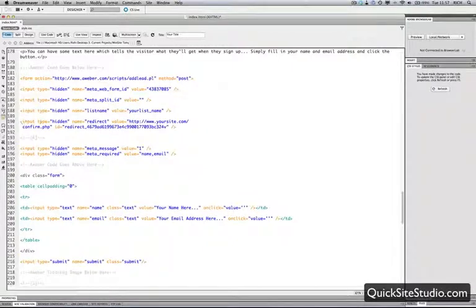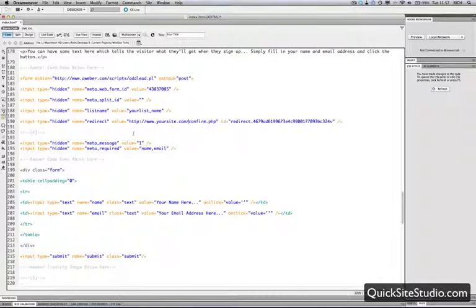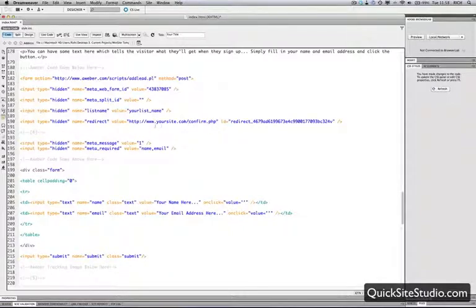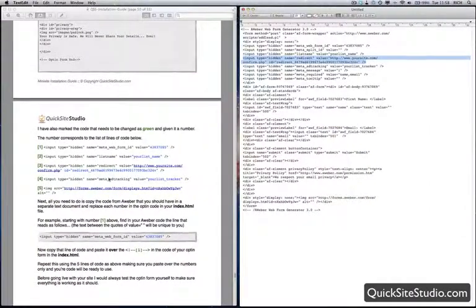Now what you need to bear in mind here is, as we've pasted that, it has actually broken the code into 2 lines, so we just need to make sure that is all on one line. It may wrap, depending on how your HTML editor works, but at the moment that is actually broken on 2 lines, as if you had tapped enter on the keyboard to separate the code. So that's in one line, so we go back and get number 4. Number 4 is meta ad tracking. So we copy that,